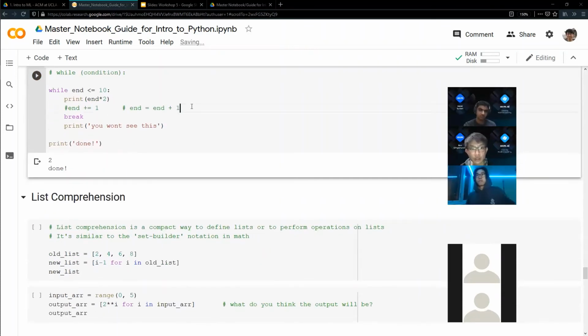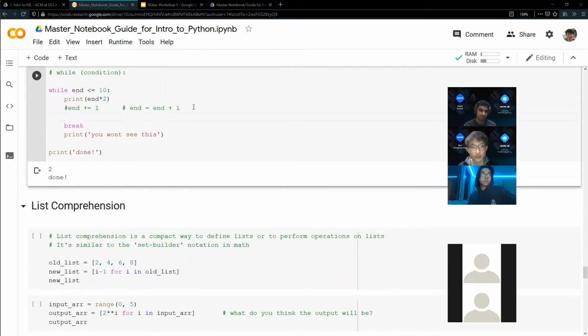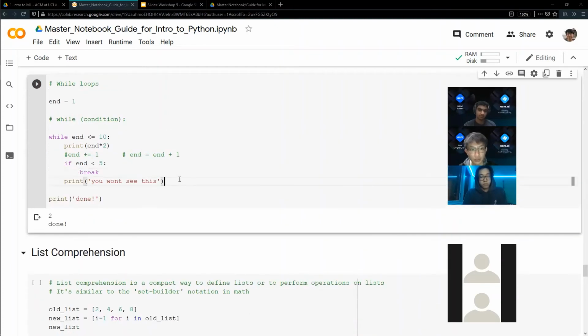And you can do something like, since we introduced if statements last week, if n is less than 5, then we break out of the loop. And again, you have to indent it. You will see this now. And if we do this, then when we run it,